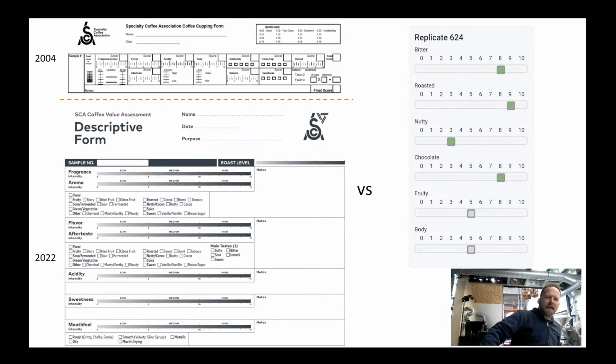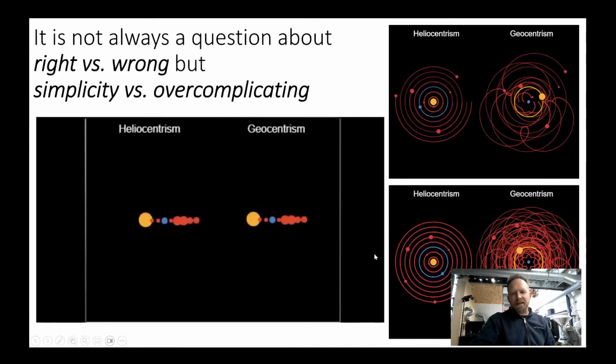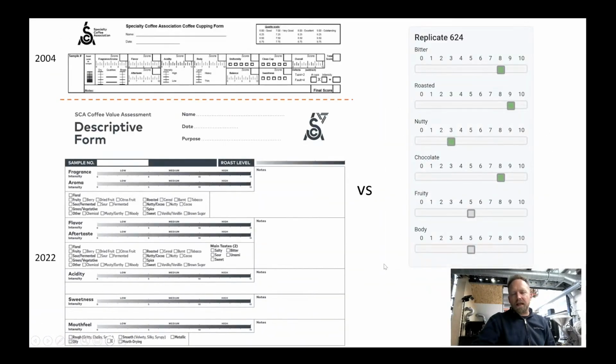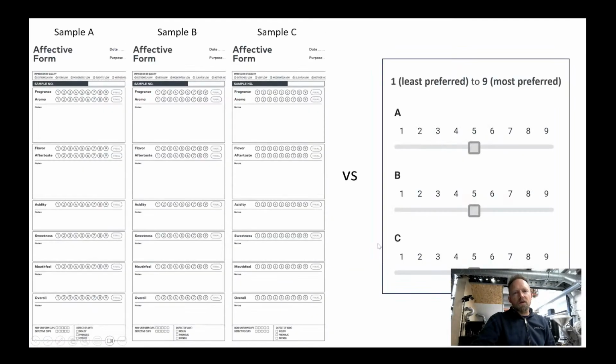And the forms on the left, I hope that you recognize this, right? The difference between overcomplication and simplicity. Very important. You get really bad data if you don't. And then you can see here, if you need to score 3 samples in the hedonic form, that should have been the consumer data from the new SCA